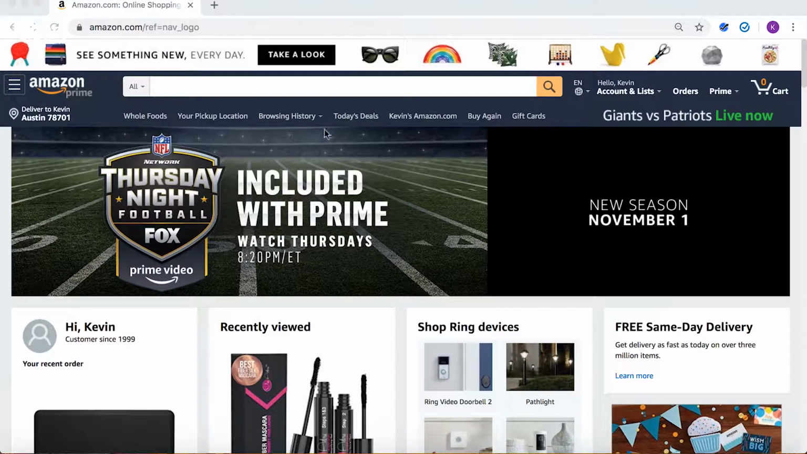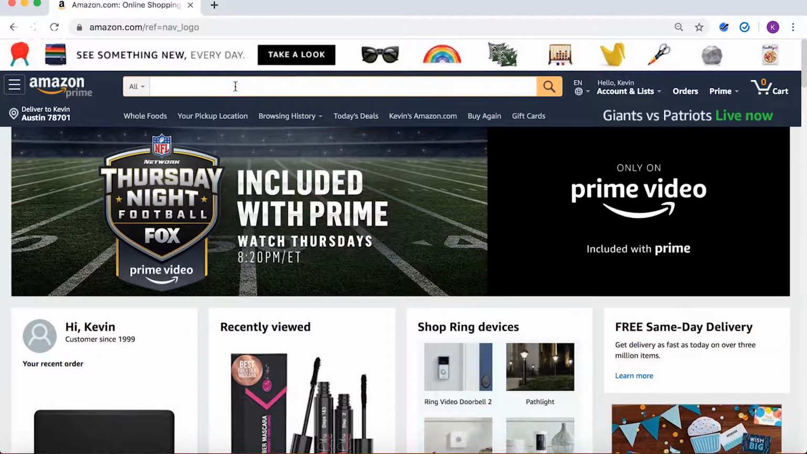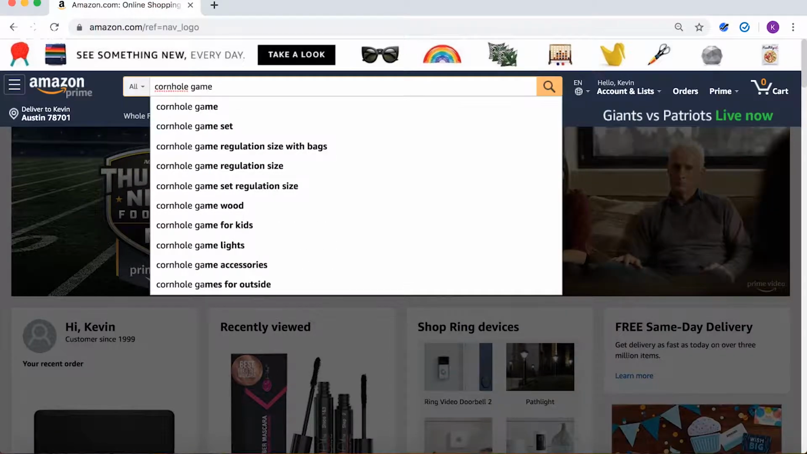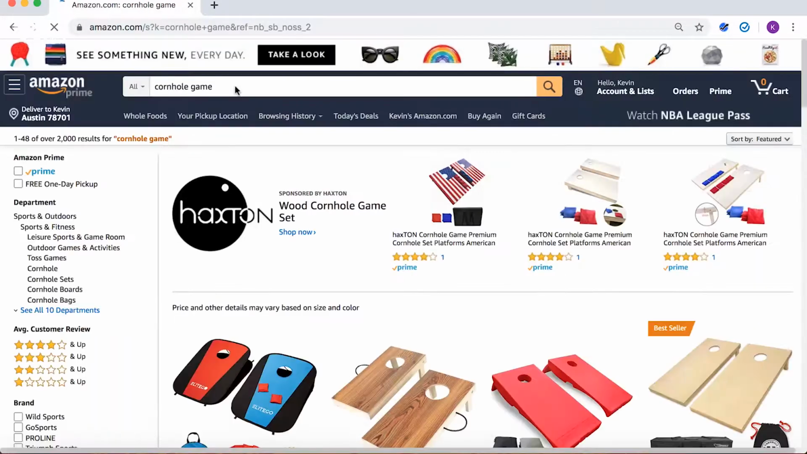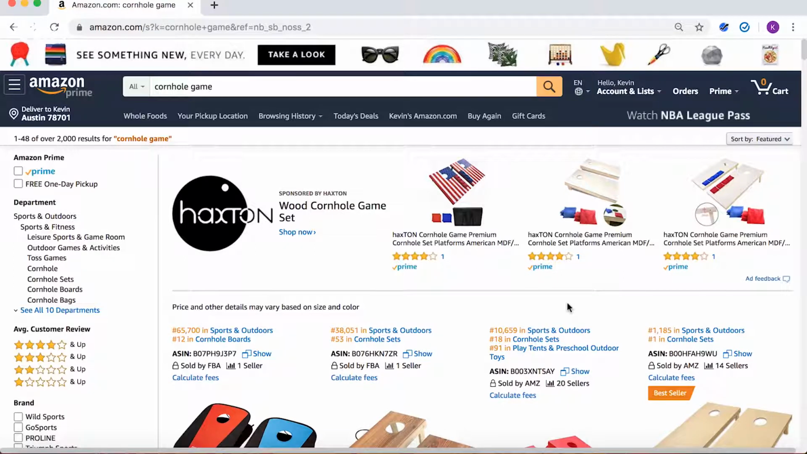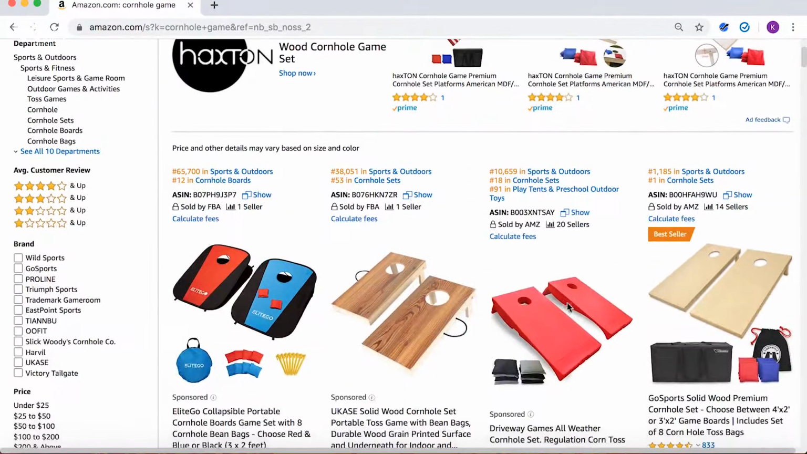So let's take a look here on Amazon at our good old cornhole game that we've been talking about. Let me type in cornhole game. Let's see what comes up. So let's say that this is something we're considering to sell. We've done all of our analysis and let's say we've determined that this is something we might want to go forward with. So what I would do next is I would come in here